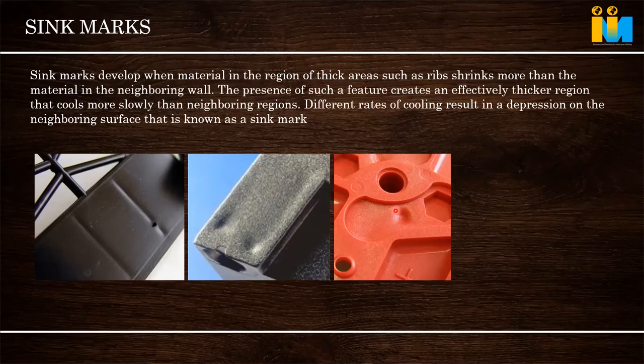Next, our thickness is also proper, but we have given some ribs on the part. Bottom side, there are some ribs. And for ribs, there is a proportion. What is the wall thickness of the part to the rib? If the proportion is not maintained, like the rib thickness is quite high, generally the rib thickness on the bottom side, we will cover it in the product design, should be 50 to 60% of the wall thickness. If it is above that, we feel now its strength will increase. No, then it will result in sink, because it takes more time to cool.